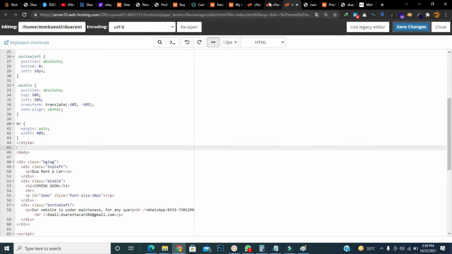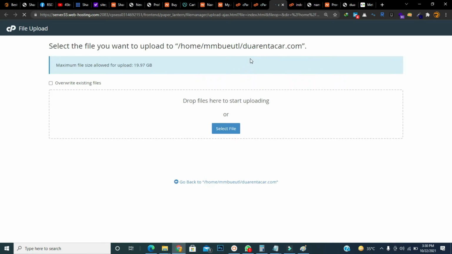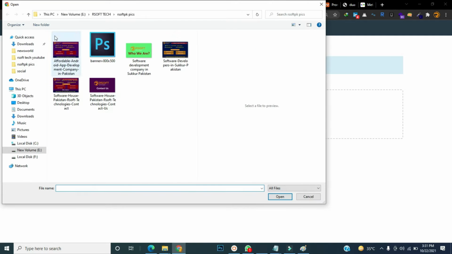Notice in this output the text is white and the background is also white, so that's why the text is not visible. So let's upload a background image. Go to cPanel, click upload, select file, find your file.